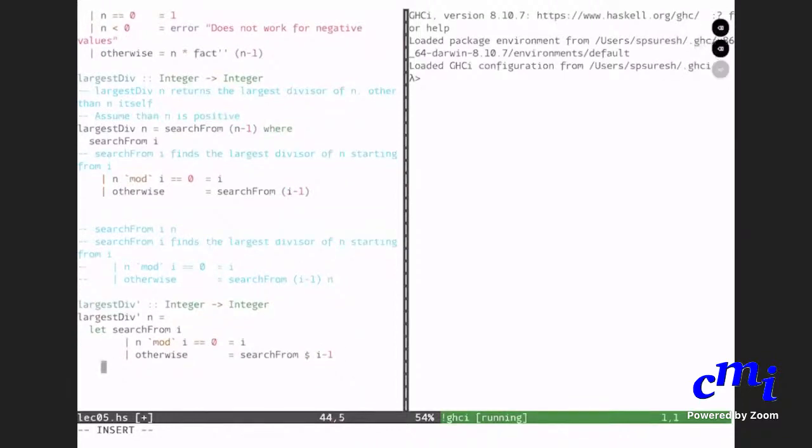Okay, and then I'll say in search div search from this n minus, or here I'll use n div 2.